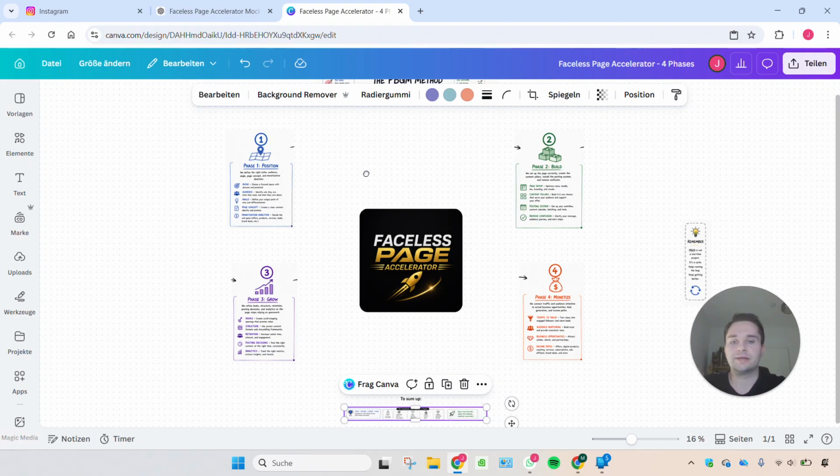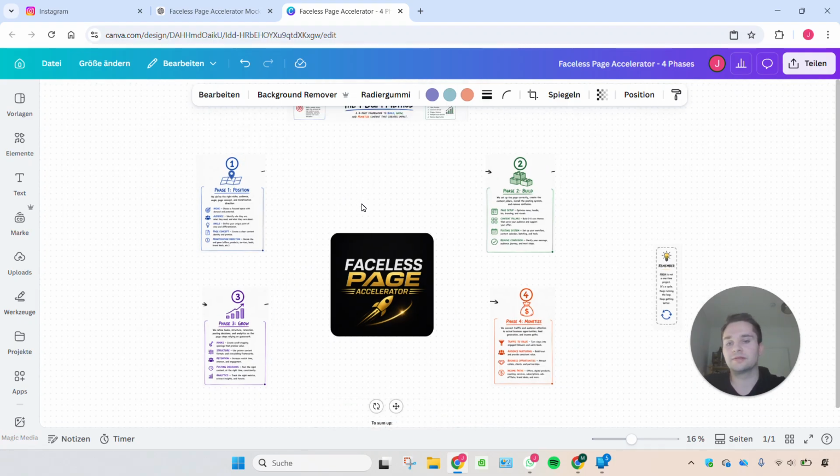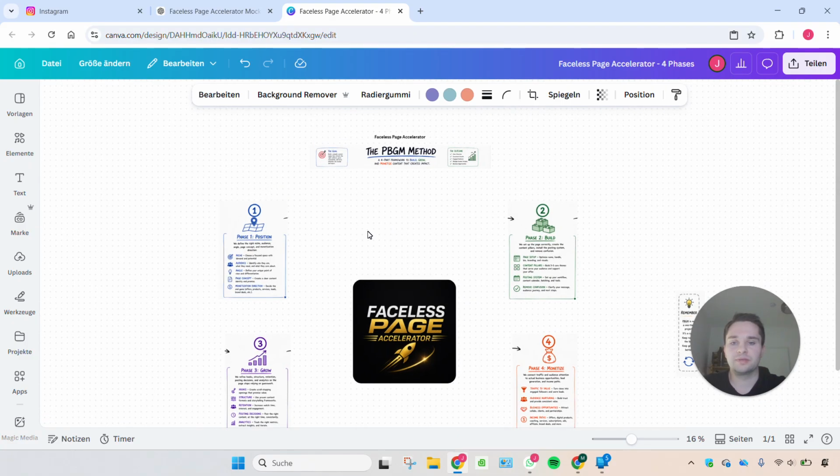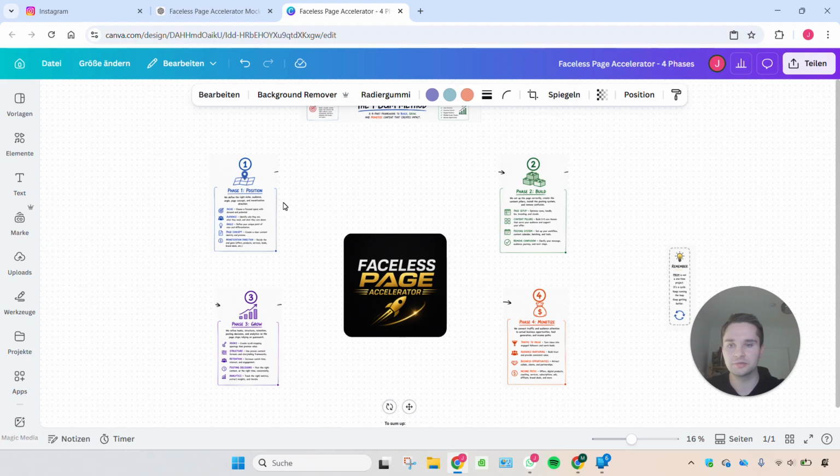And this mentoring is called the Faceless Page Accelerator. And in it, we will dive deeper into each phase and practice every step. So that means if you also want to build a sustainable business in the long term and as a long-term asset, and you want the full guidance from me and my team to cover all these phases and master it,